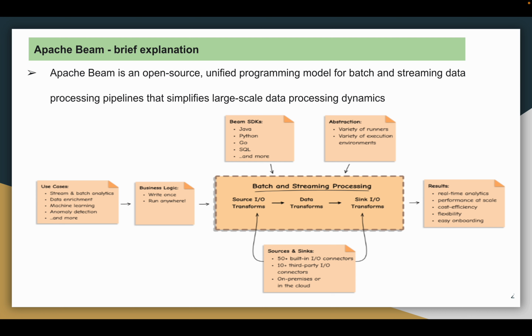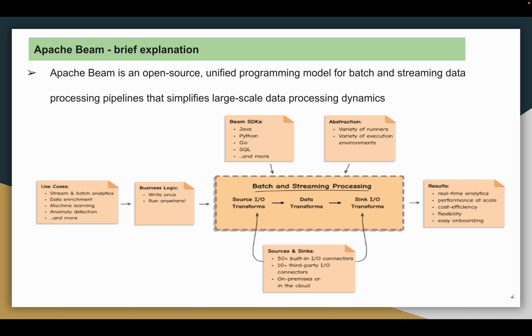Also if you would like to prepare some data for machine learning, and in financial applications to detect anomalies and frauds, you have to process the data in stream or batch mode. In such use cases, we can use the Apache Beam programming model to create pipelines,